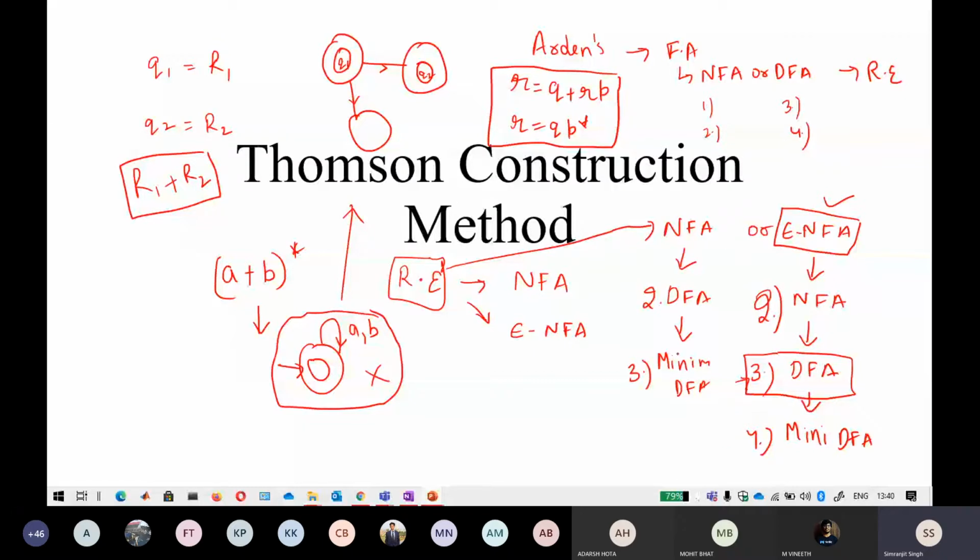DFA is possible, but if I go to Thompson construction method, I have to follow these kinds of things. Most of the time, by looking at the regular expression, you may be able to derive the automaton without needing any method. But still this mechanism exists, but this algorithm is very limited. It is applied on a limited number of regular expressions. I will tell you how limited it is.